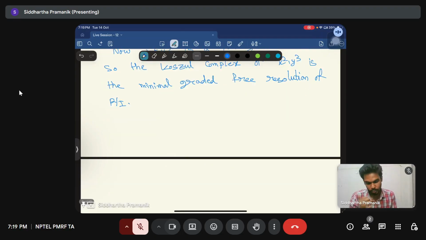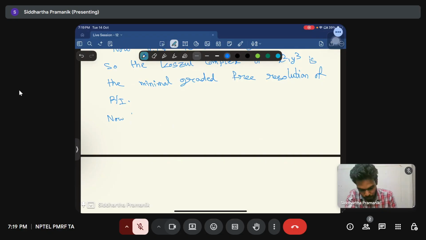So what is the Koszul complex? Now the Koszul complex of R mod I is